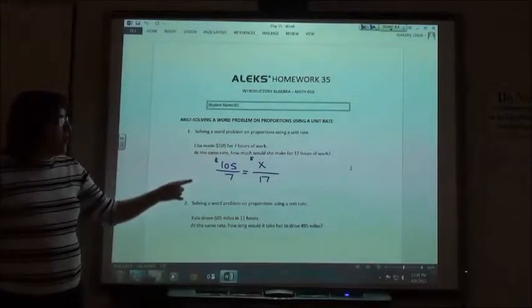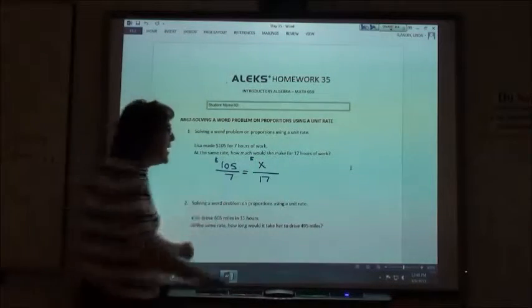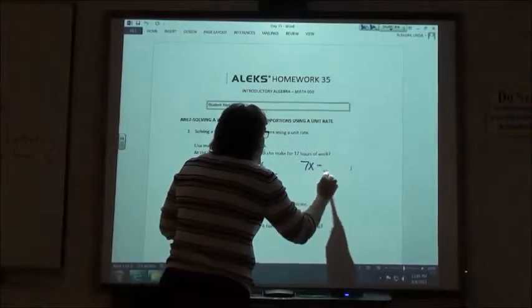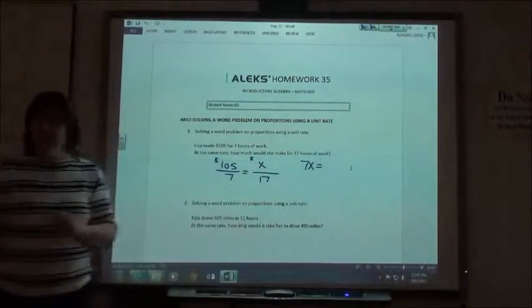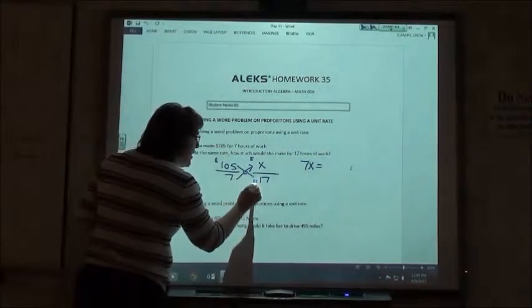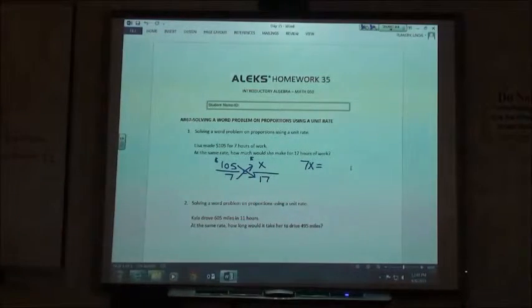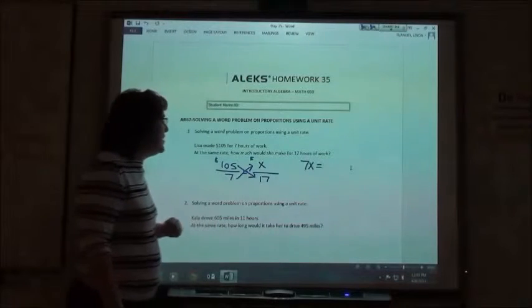So when I solve a proportion, I solve by cross multiplying. So the 7 is going to be times the x, 7x. And then, yes, you probably want to use your calculator, 105 times the 17. So I'm going to take this times this and this times this. When I solve a proportion, I cross multiply, they call it. So if you use your calculator and do 105 times 17,